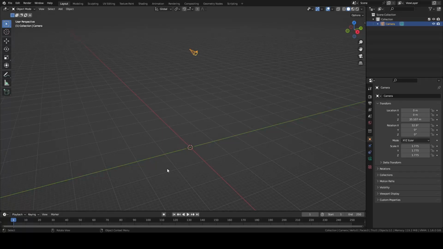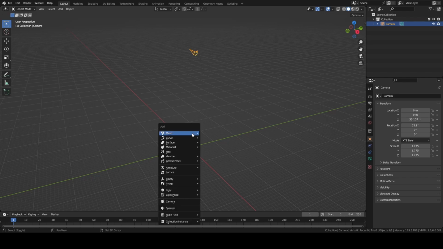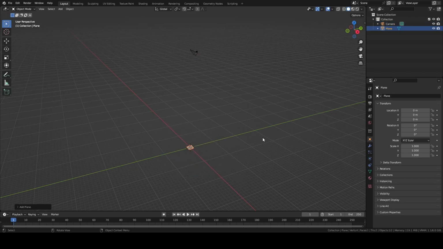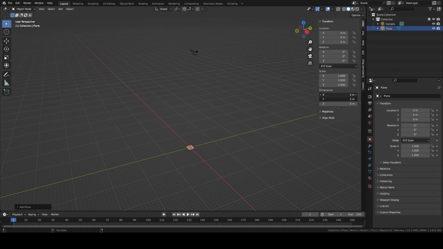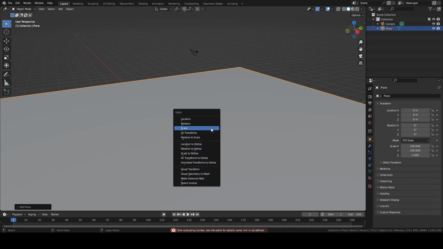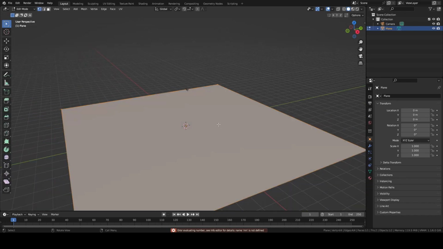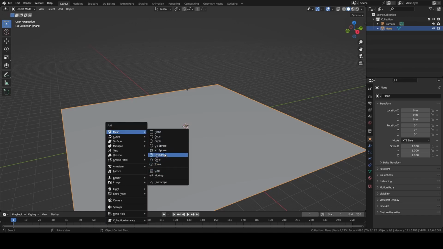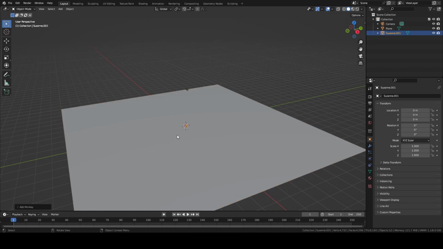So you want to scatter an object over a surface using geometry nodes, and what you typically do is to create the surface like a plane. Let's make it bigger, like 200 by 200 meters, and don't forget to apply the scale. I will also add some subdivisions here just to have some geometry to work on,